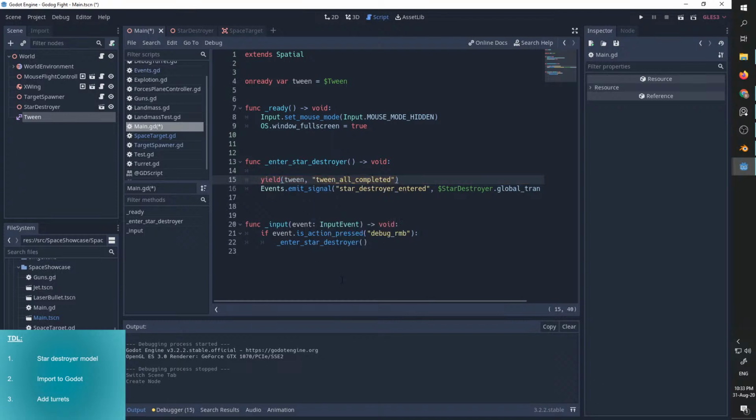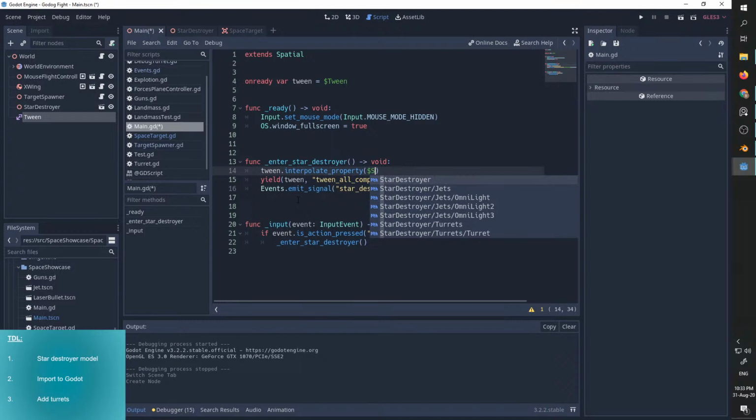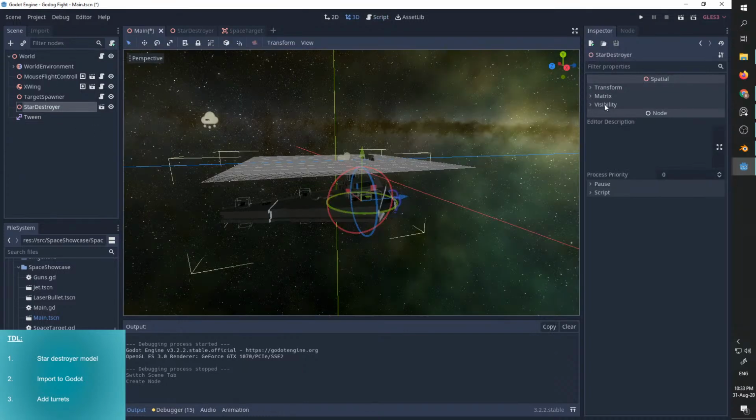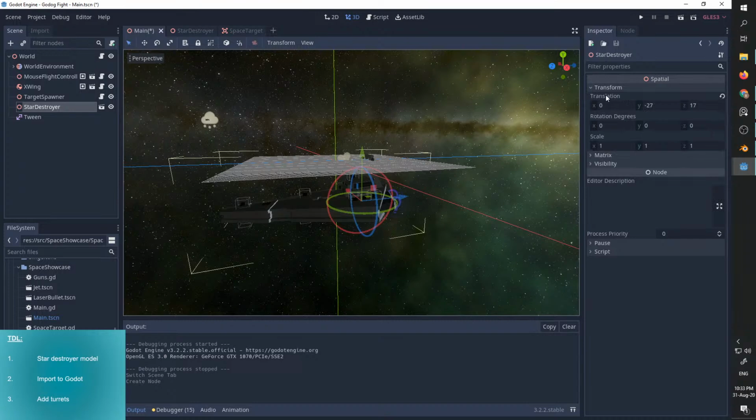So we're going to do it like this, and here we're going to do tween interpolate property of our Star Destroyer, and we want to interpolate the translation,